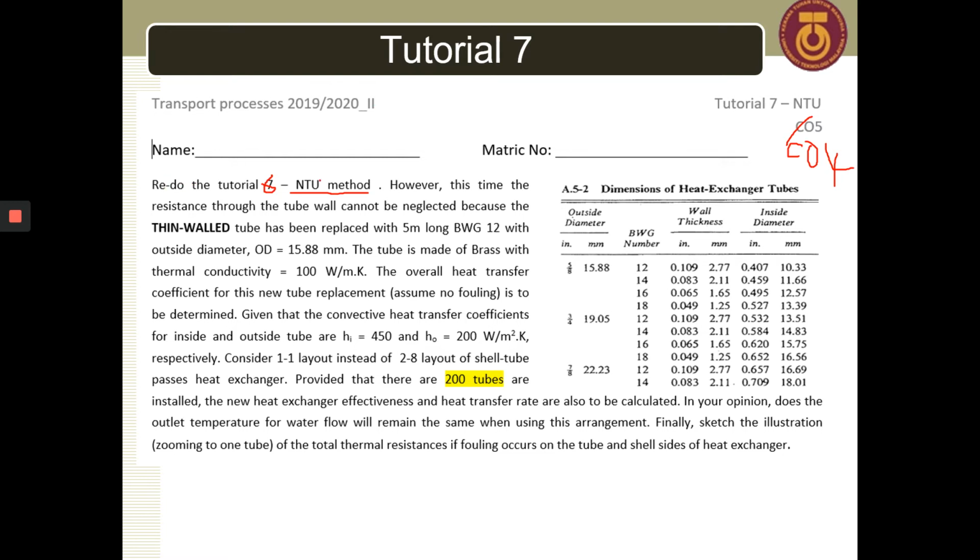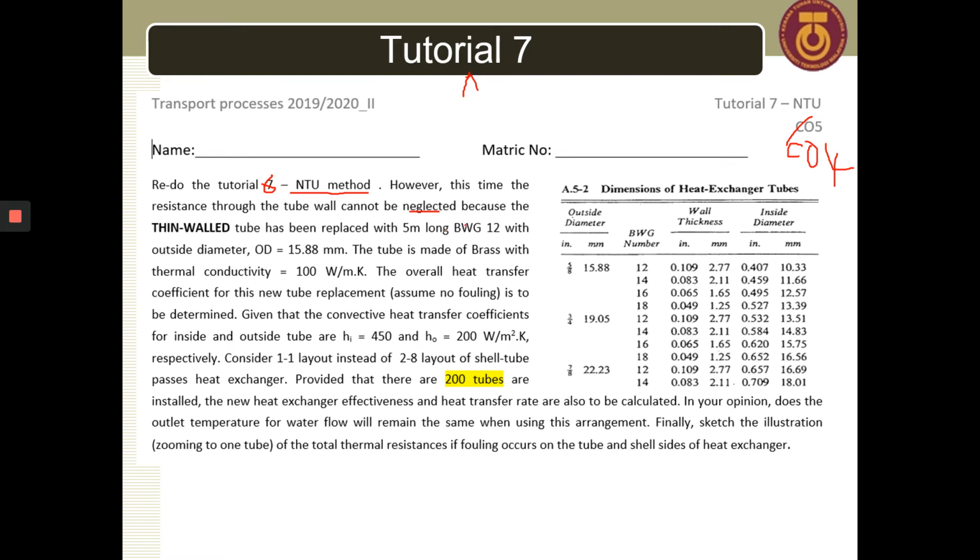Okay, here is actually tutorial 7, but it asks us to redo tutorial 6 for the NTU method. However, this time, if you still remember, for tutorial 6 NTU method, our problem was related to a heat exchanger which has a thin wall. But for tutorial 7, we cannot neglect the wall because it's actually the heat exchanger